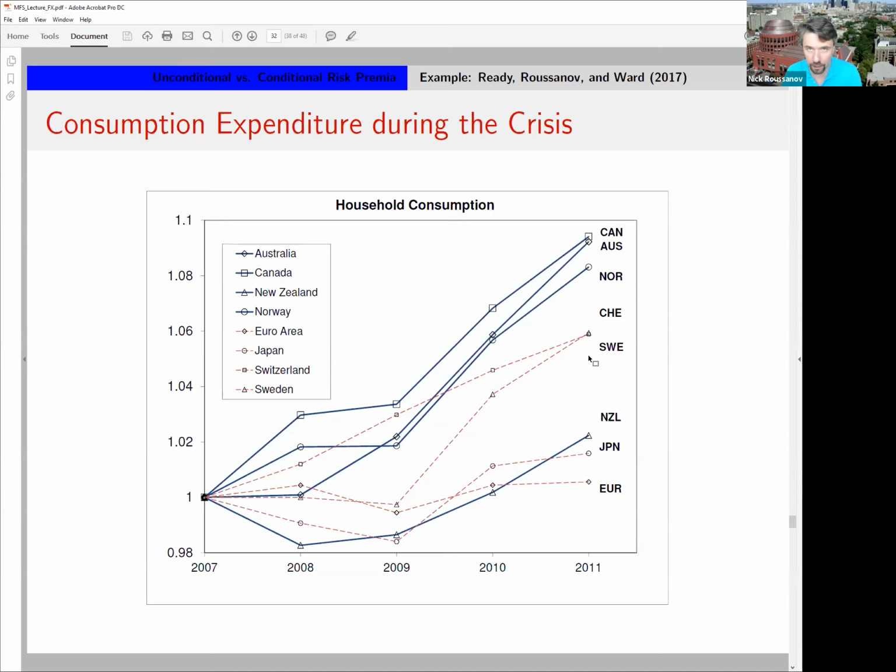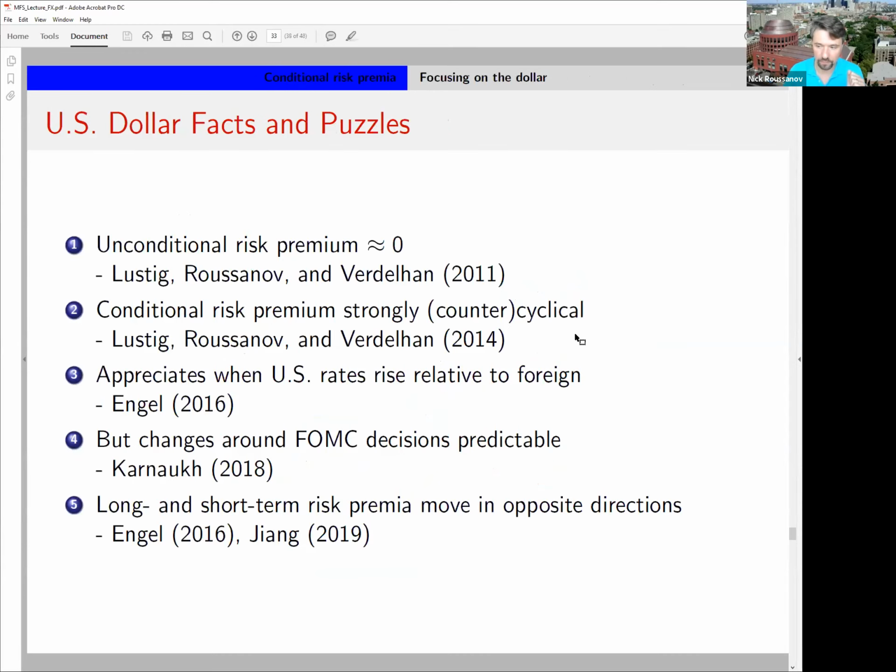So of course these are very, very imperfect, but at least qualitatively there is some sense that the Backus-Smith exchange rate disconnect maybe is not so disconnected. There is some, as Adrien said, depending on whether you look conditionally or unconditionally, you may be able to see something. Now I'm going to be probably going over time, but this is where I'm getting to what I think are outstanding questions and puzzles.